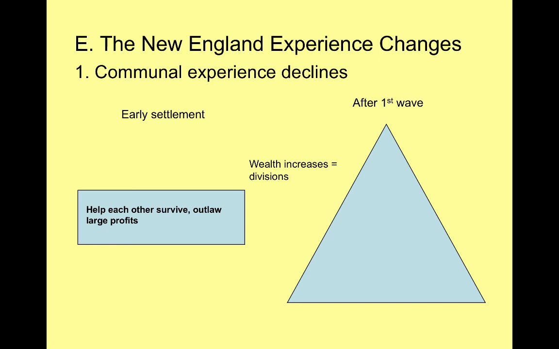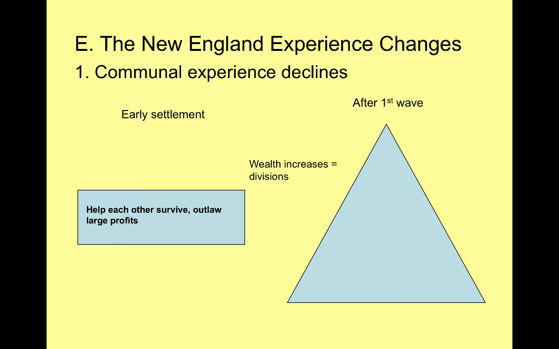The poor families have to move further inland and start their own farms, or the next generation has to move inland and start their own farms. And so we see the more well-established East Coast that not only farms, but is engaged in some small amount of artisan manufacturing and also shipbuilding and fishing. We see that the East Coast gets a little bit richer than the inland, which is very similar to the South.